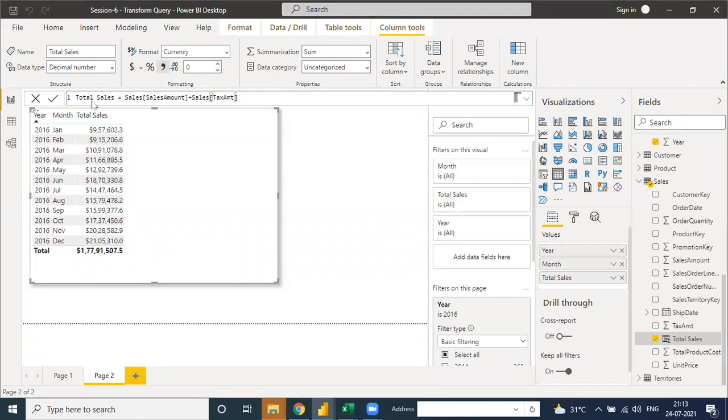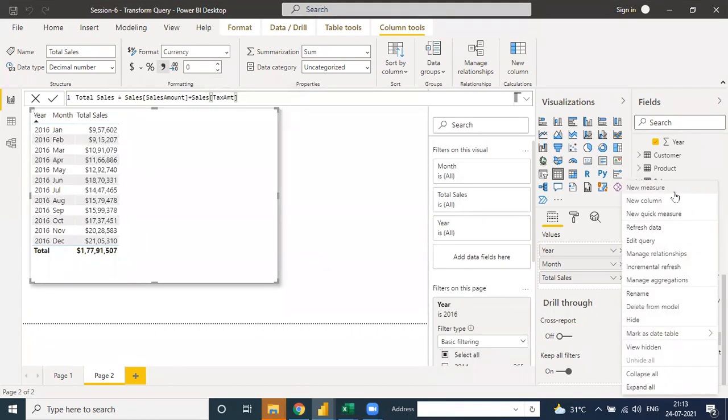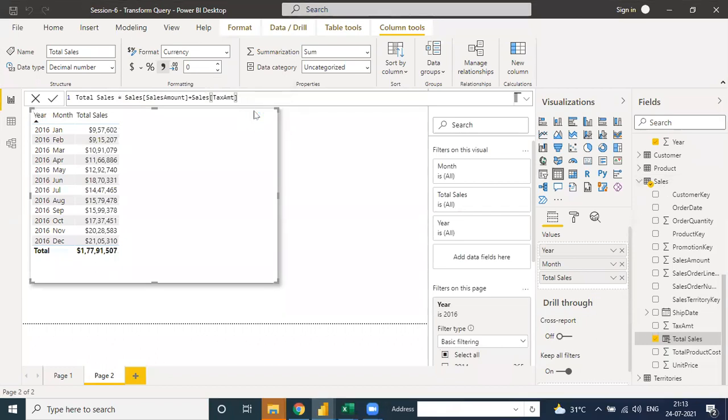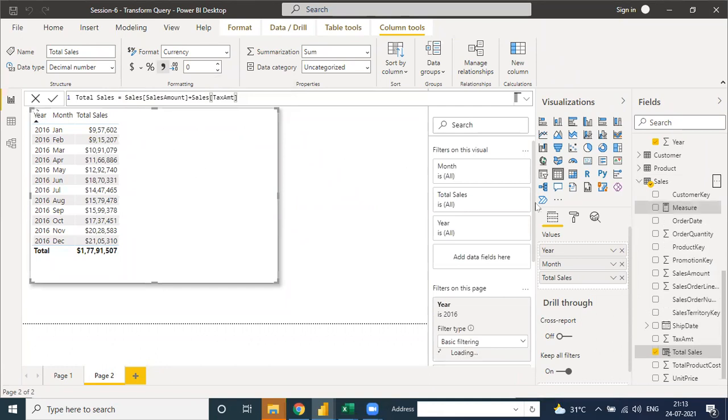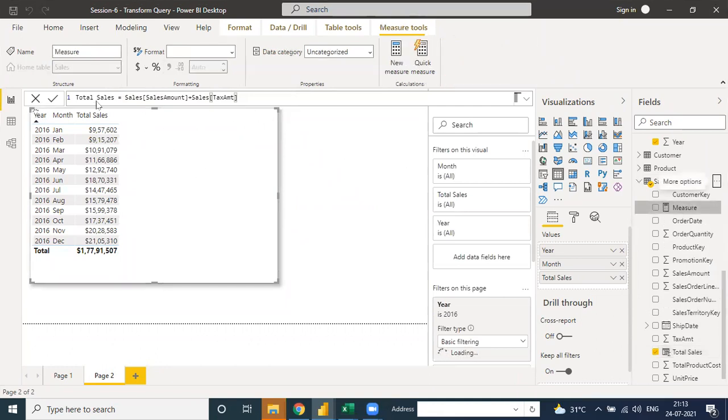But when we select the total sale by explicit measure, click over sales here, go to new measure. See new measure, and there is some option here. When you put the same step or same formula there, it will show the error. Why will it show the error? Because the formula is the same as the add column or the measure. Because the add column includes the implicit measure, but the measure will not include the implicit, it is explicit.